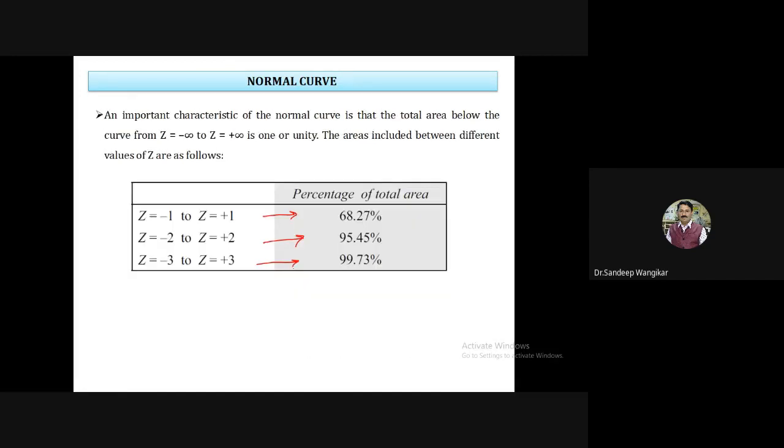Friend, this is theoretical. Now we will not get the z value. We will take one numerical, and you will come to know how to calculate the z or z1, and how to take the values. So it is not the case that we will always get the round figure 1, 2, 3 or minus 1, minus 2, minus 3. We will get the value in fraction, and if such a case is there, then how to calculate the area below this particular graph or this particular normal curve.